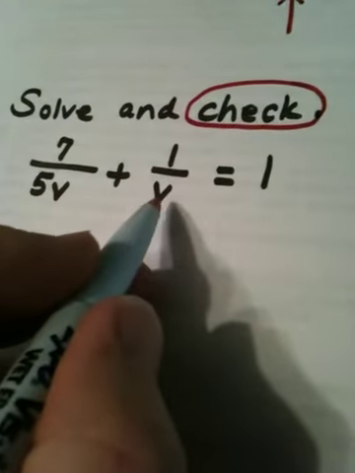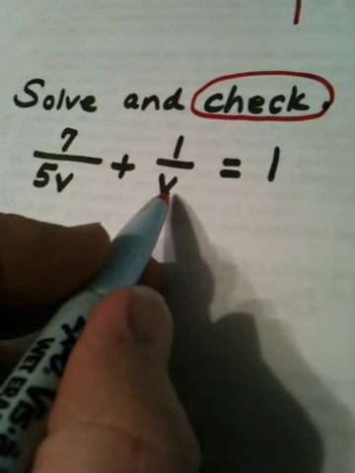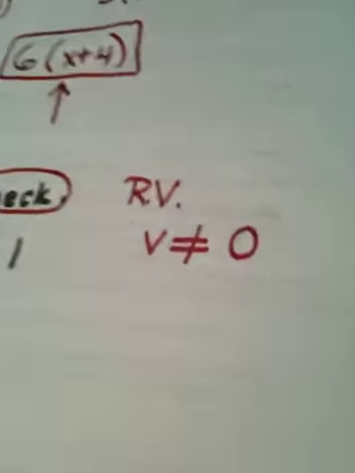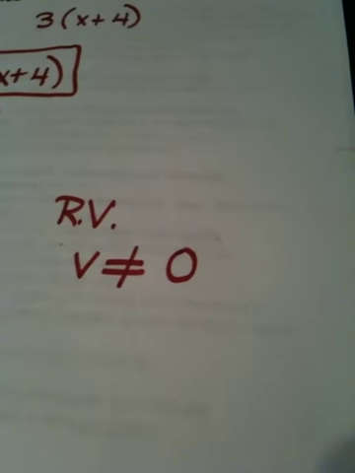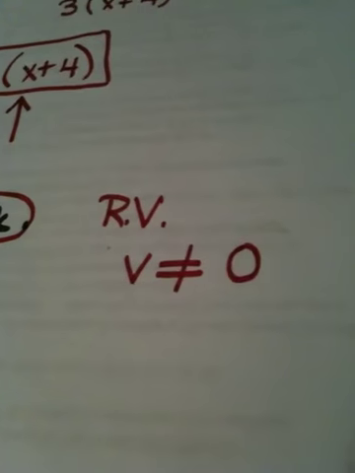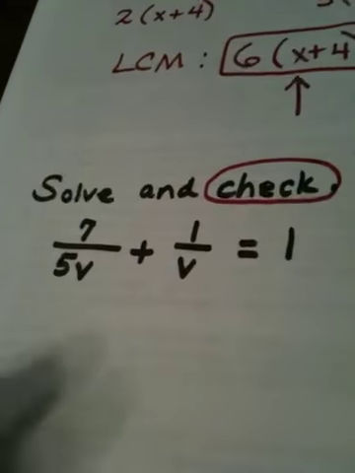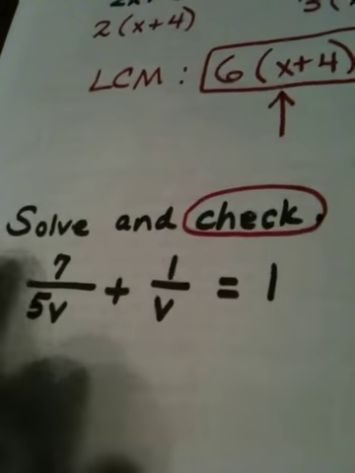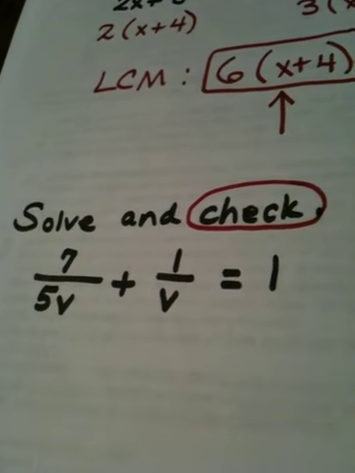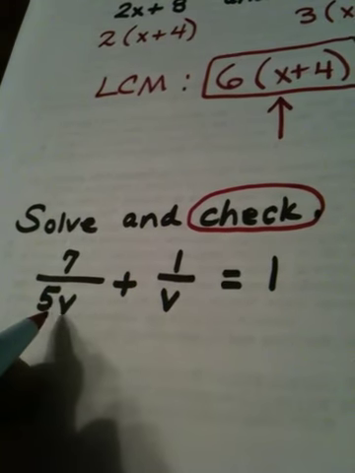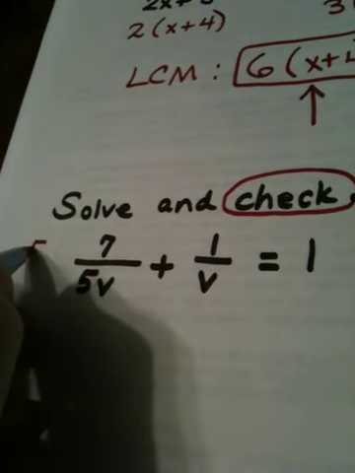What would I have to plug into this denominator so it became 0? 0. So v cannot equal 0. Because remember, at all cost, you have to avoid a denominator ever becoming 0. Okay? So that's my restricted value. If I'm solving this equation, I want to get rid of fractions. I'm going to multiply through by the LCD, which in this case would be 5v. So bam,